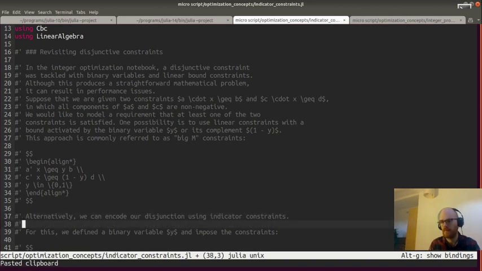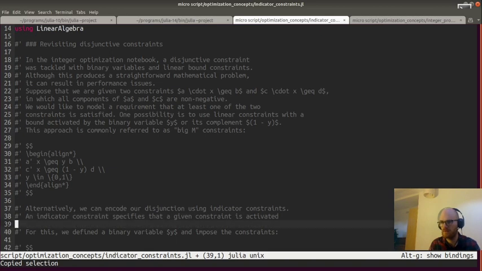An indicator constraint specifies that a given constraint is activated only if the value of a binary